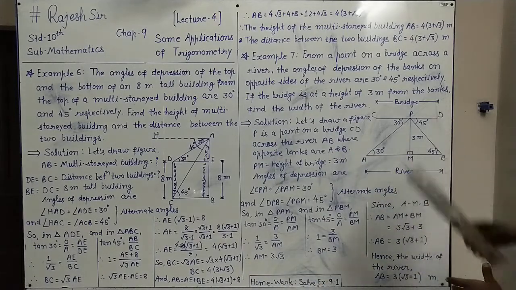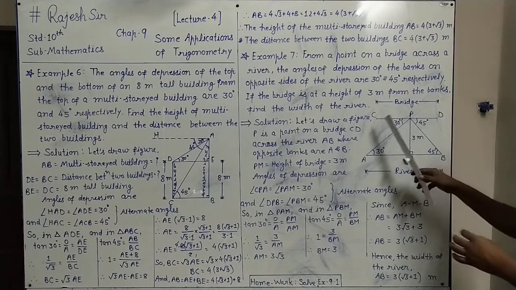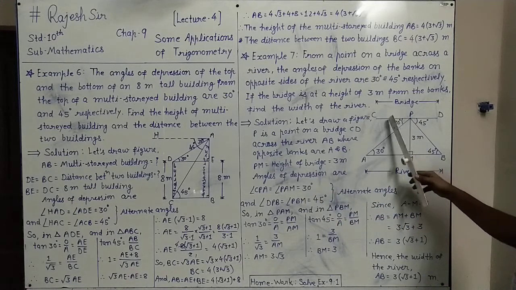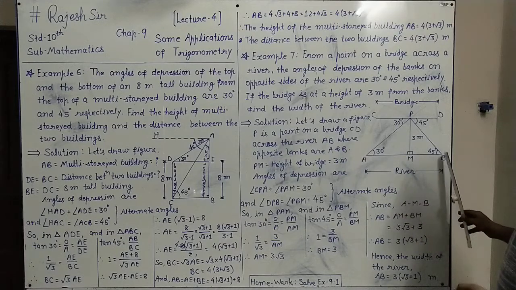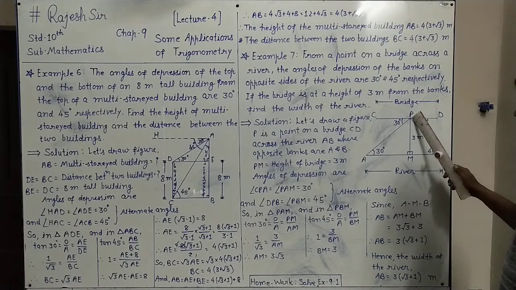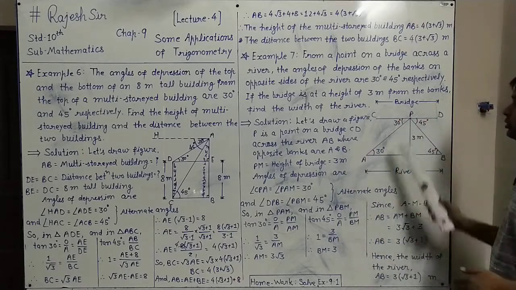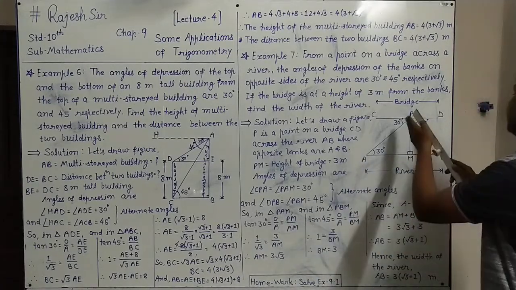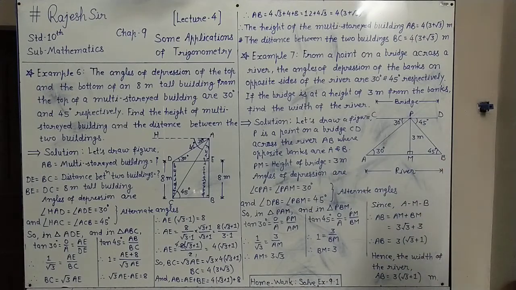So here we have drawn the figure for this. Let CD be the bridge, the length of the bridge. On that, one point is P on the bridge. And from this point, suppose AB is the river and its two opposite banks are A and B. From this point on the bridge, you have to see both the opposite banks of the river. So on one side it is A, one bank of the river, and on the other side, the opposite bank is B, where we observe.